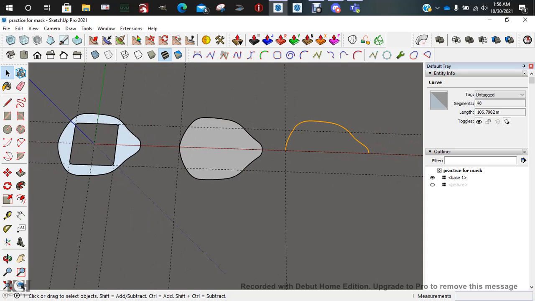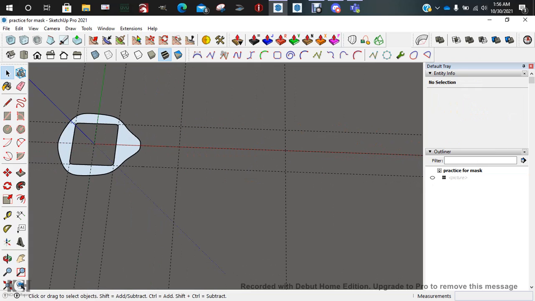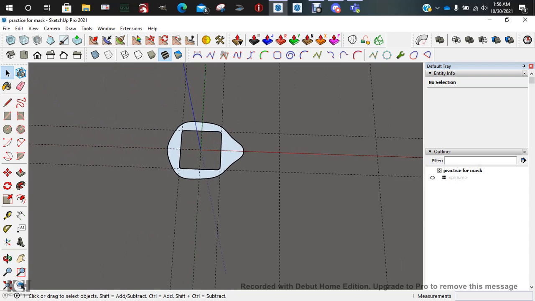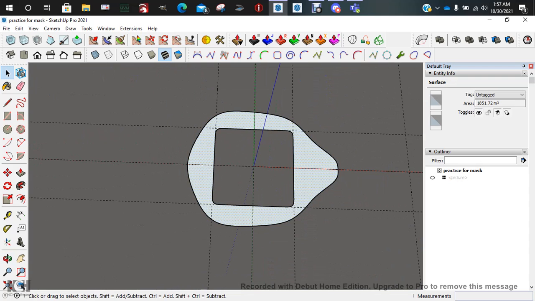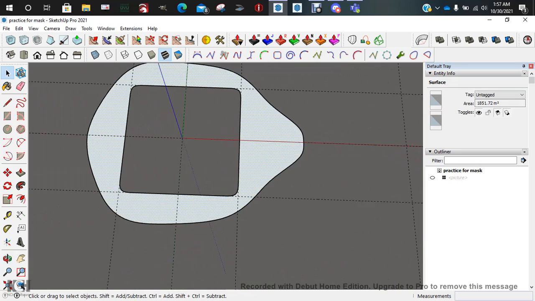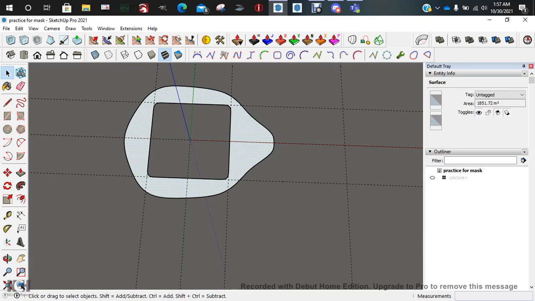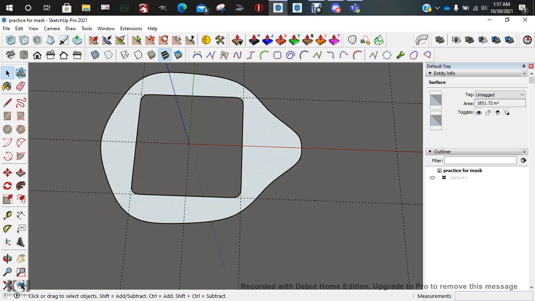Alright, so I'm not going to worry about this line right here anymore. I'm not going to worry about that one right now. My picture is hidden. I don't really need it. But what I do have is my creation that I have. Now, how did I do this hole? I know it's 40 by 40, and